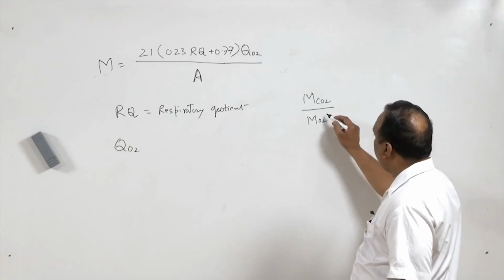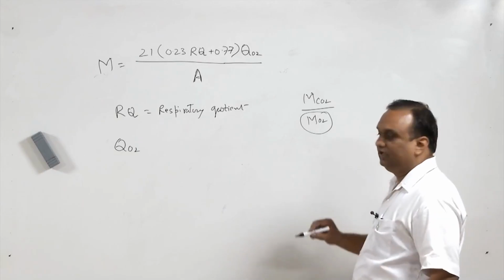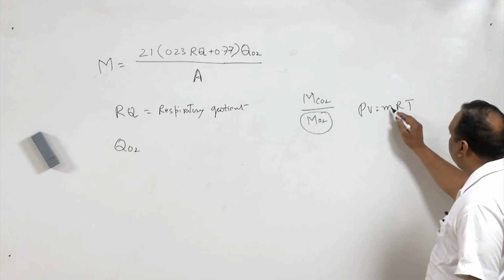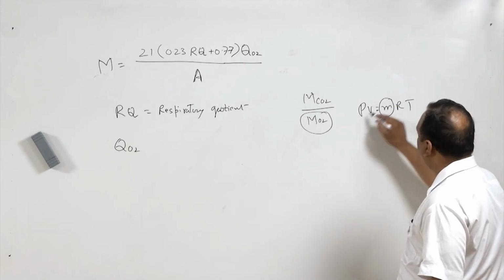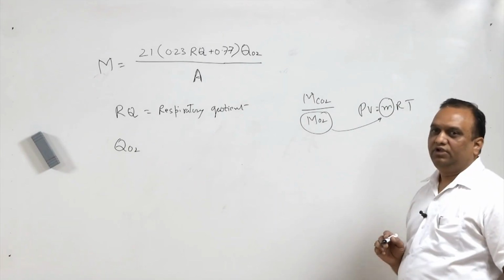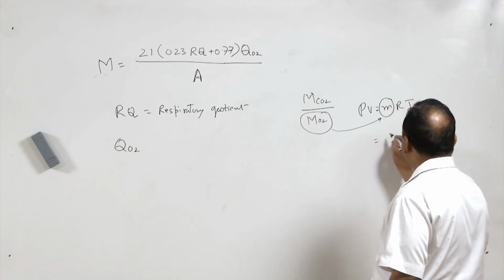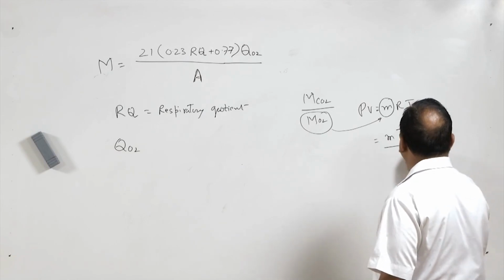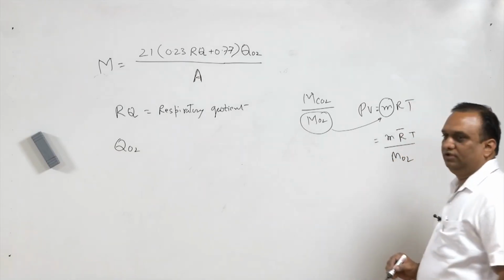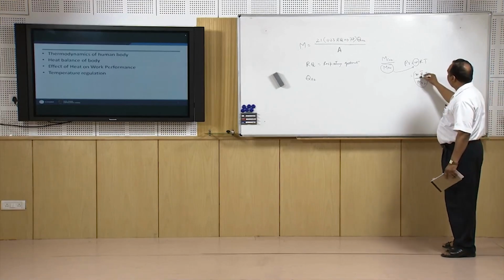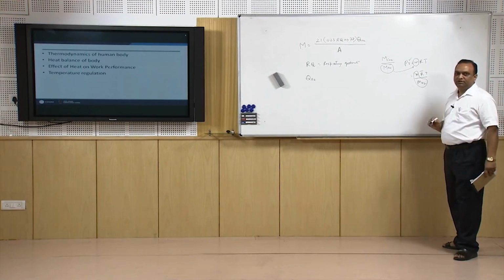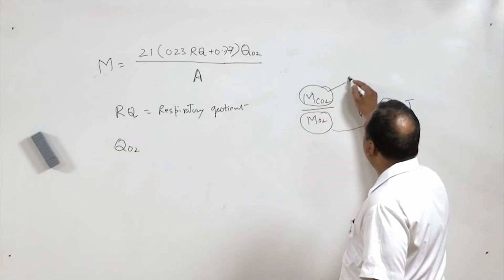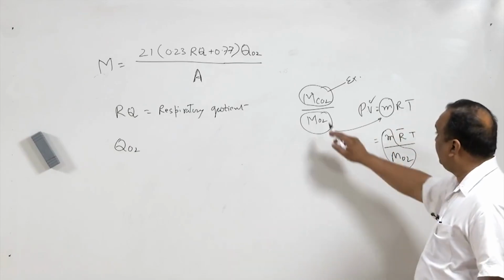So if you have this measurement in liters, using PV is equal to mRT, you can always find the mass of oxygen inhaled, and from there the moles, m divided by molecular weight of oxygen, right. Similarly, you can find the moles of carbon dioxide in exhaled air, and the ratio of these two will give